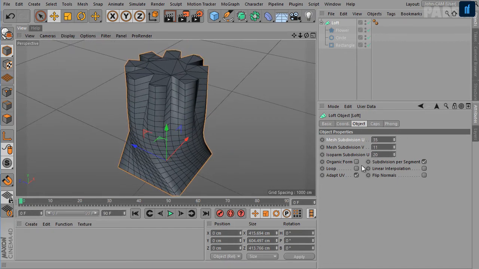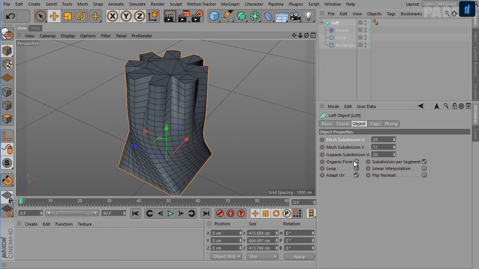Next is organic form. If this option is disabled, the loft object lines pass directly through the spline points, and the distances between the lines adapt to the spline points, resulting in a very tight form.